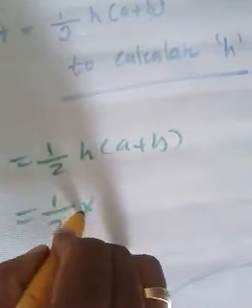So these are only some techniques we are using in maths. You have to give importance to these kinds of techniques because we have to simplify the answer as much as possible. So we got the value of h, then we can easily substitute. What was the area formula? Area is equal to half into h into a plus b. So when you substitute the value of h, half into 5 root 3 by 10.